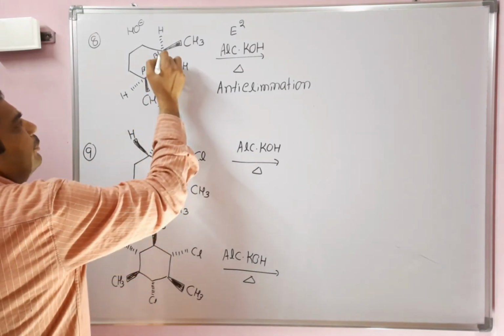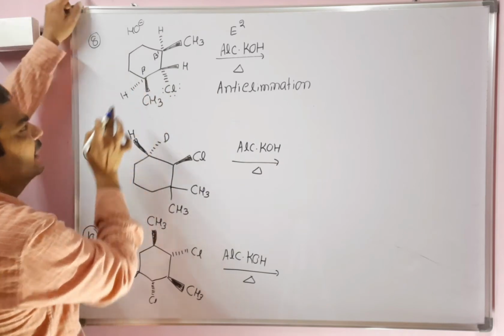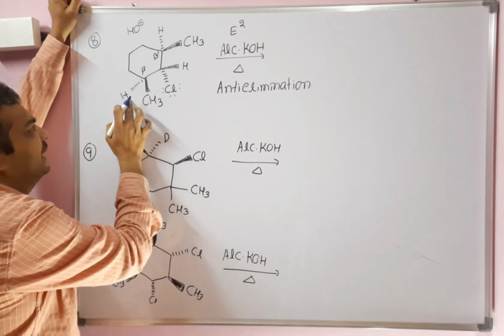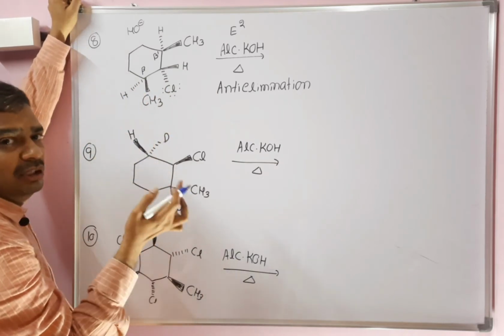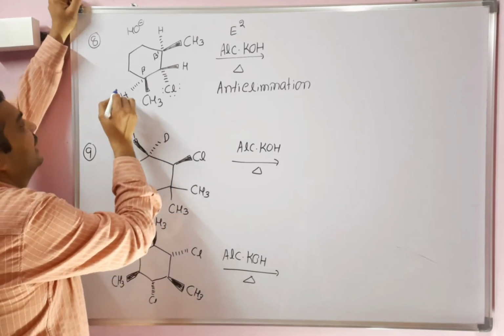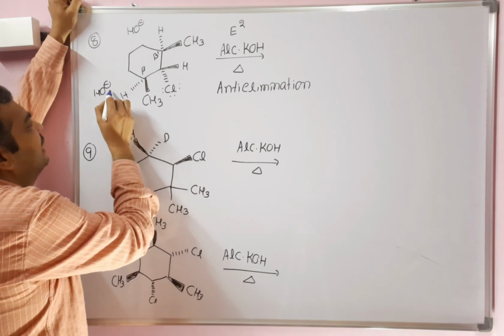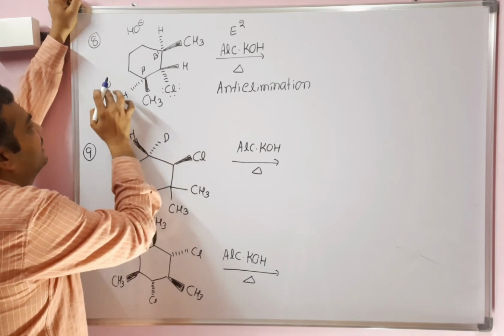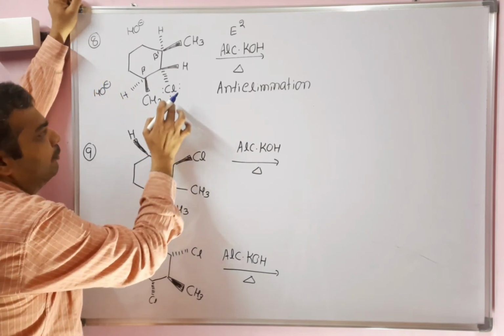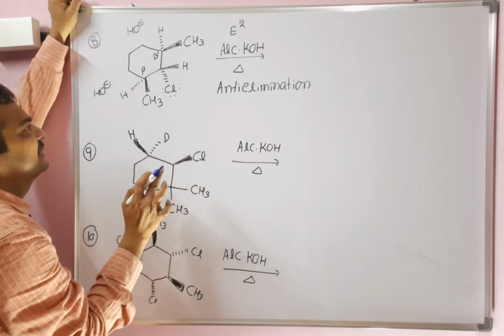So this is not possible. Coming to the beta prime carbon here, hydrogen is there, but the hydrogen is below the plane. Below the plane means again, OH minus is trying to abstract here, but there are lone pair repulsions with this negatively charged lone pair, and these lone pair repulsions are possible.